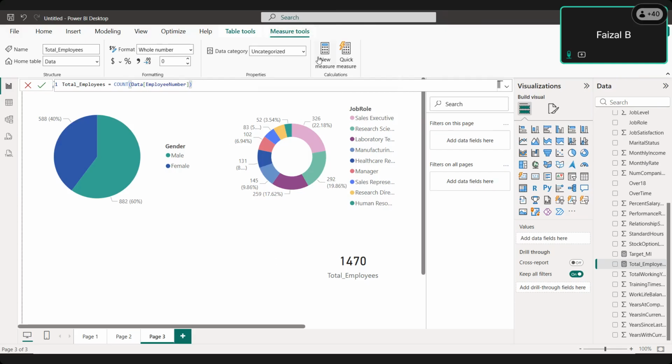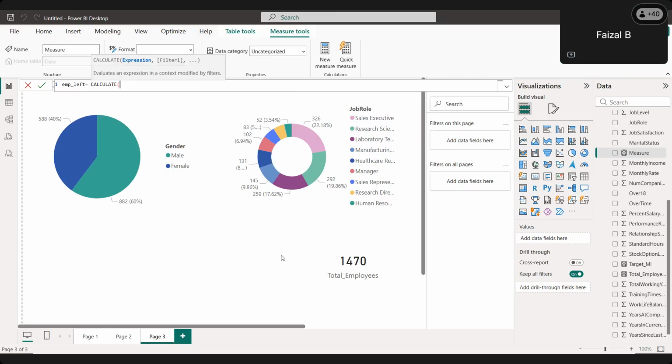So I just create a new measure here, naming it attrition_rate. How can we create it? First of all, we need to identify how many of them left, and only then can we create the attrition rate. So employee left is equal to